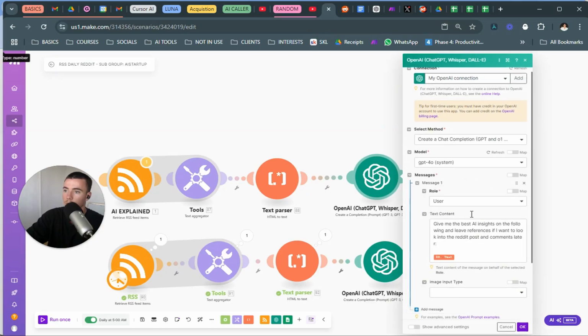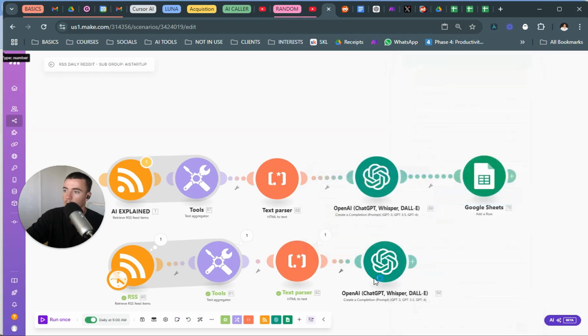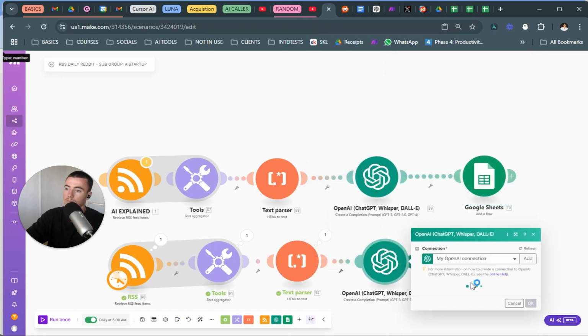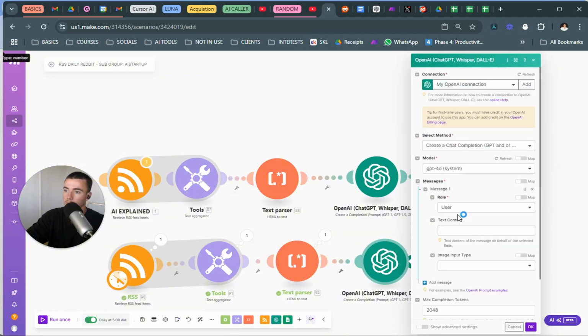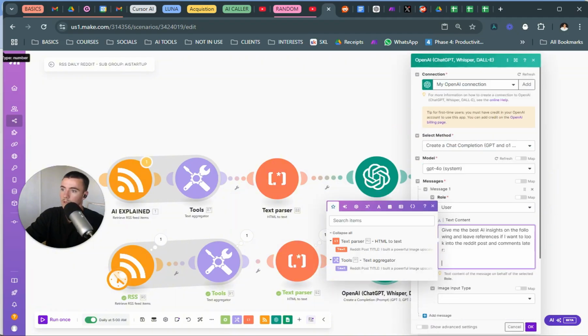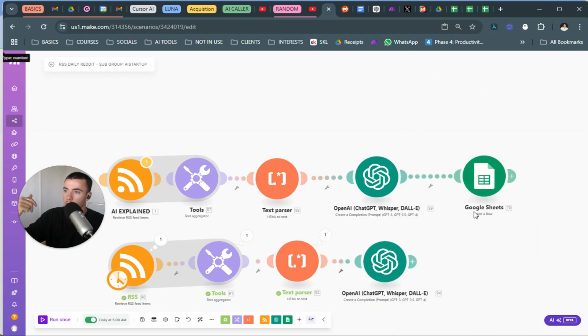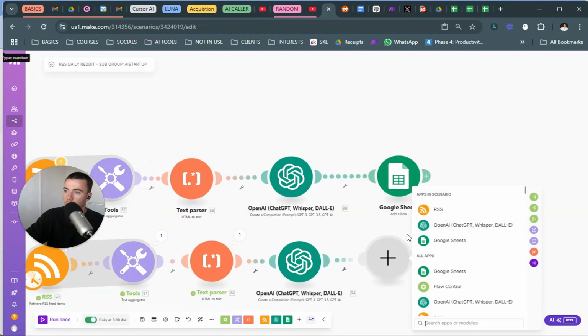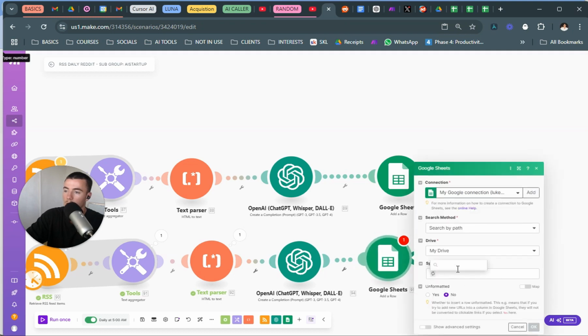I'm just going to copy the prompt from here. Give me the best AI insights. Yep, cool. Put that in, and then just below it, we're going to put in all those different posts. Then we're going to go in here, and we're going to go add row, and we're going to add it